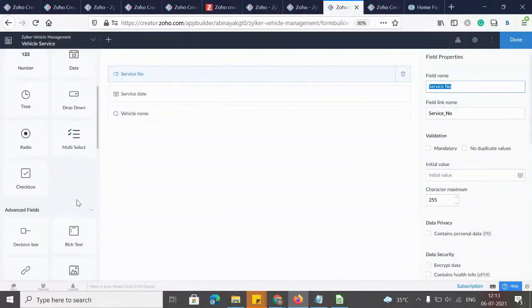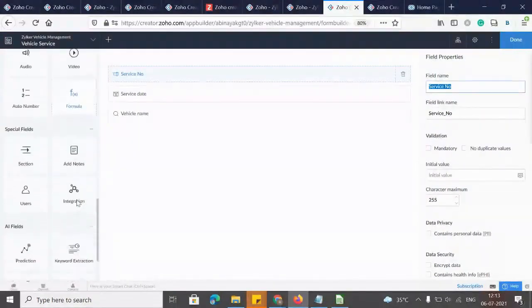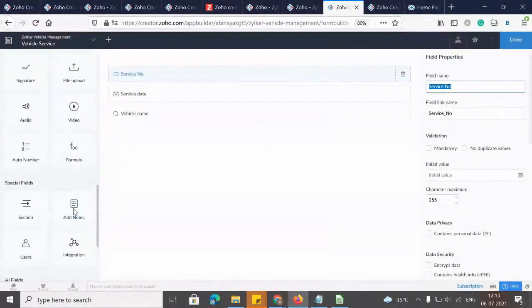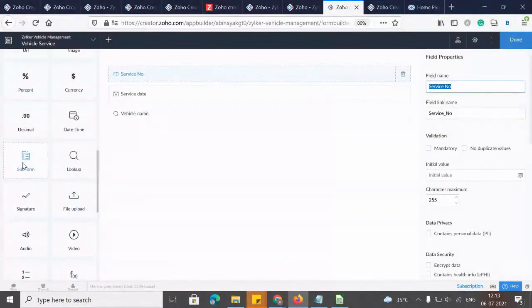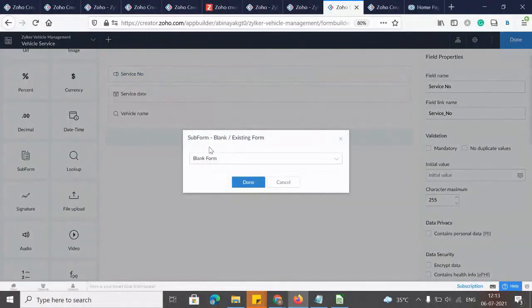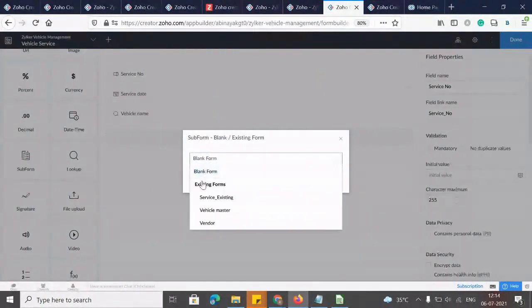Now let's get into the subform concept. I'm going to add a blank subform and show you how it works. I'm getting into subform. I'm going to add a blank subform. You can see the blank subform and the existing subform. Within existing subform, whatever forms are created within the application will get displayed, and we can make use of any of these forms. Now I'm going to create a blank subform,